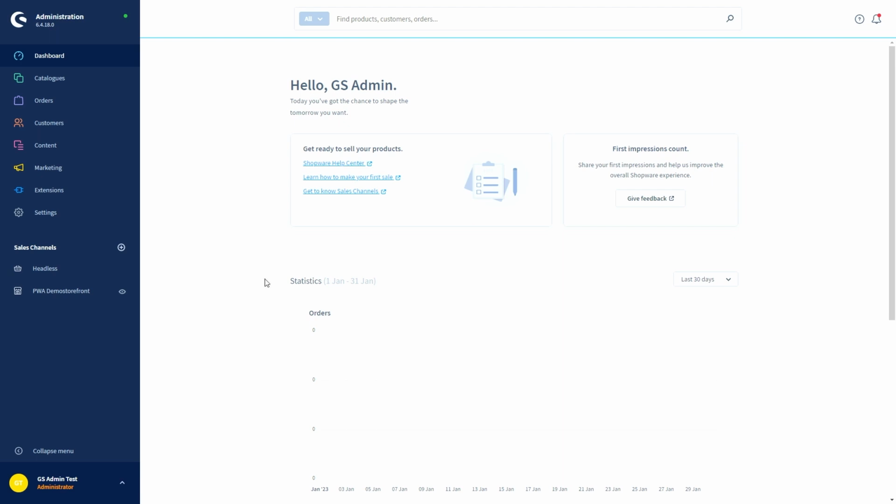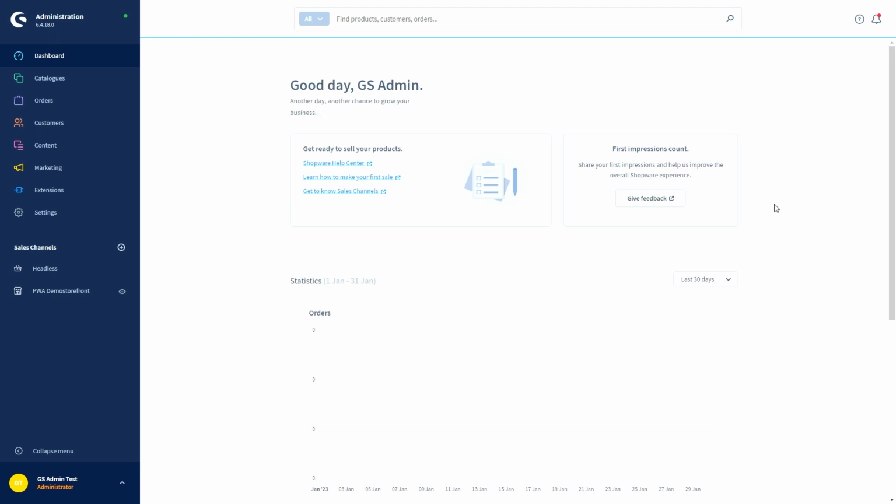First of all, I need to give you the information that to use Guided Shopping, you definitely need a daily.co account, so an API key, and a configured Mercure service. You need these two services to set up your Guided Shopping feature. You can find detailed information about that in our developer documentations.